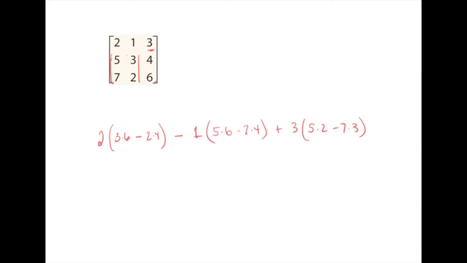And then I just calculate. So I have 18 minus 8. 2 times 10 is 20. We have 30 minus 28 minus 2. Plus we have 10 minus 21. That's negative 11, so minus 33. Right. So I have 18 and negative 33, which gives me negative 15. So you can do 2x2s or